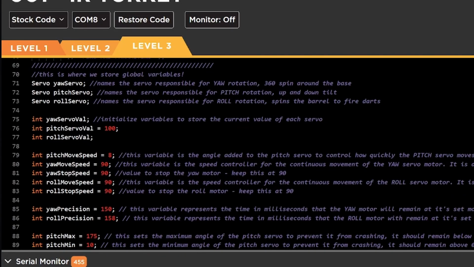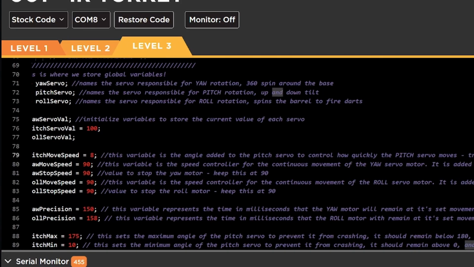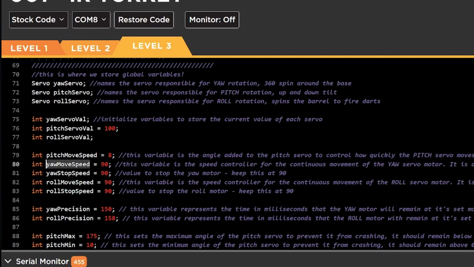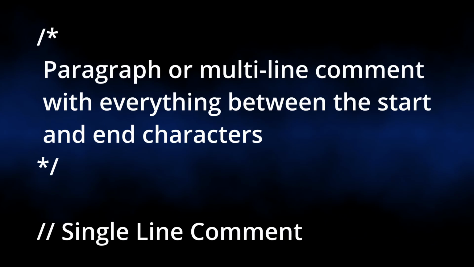Now, comments are notes to yourself or to future users so they can understand what is going on in the code. With this IDE, to help beginner users, they have a lot of comments. Most lines have a comment so that way you can understand what is going on for that specific line. You can add your own comments, and to do that, there are one of 2 different ways. You can do a paragraph comment, or you can do a single line comment